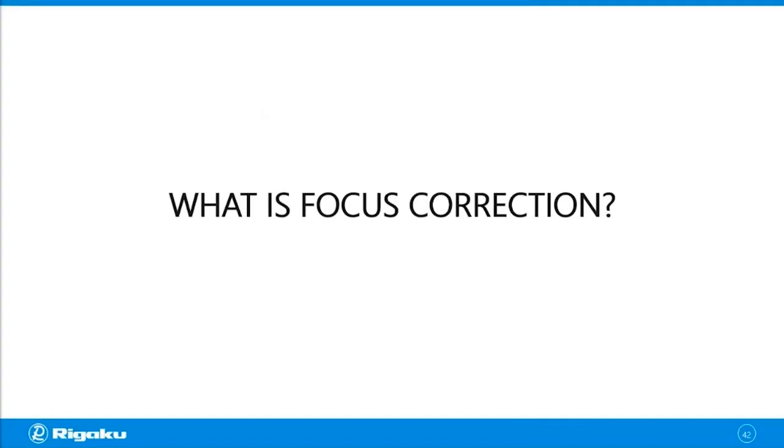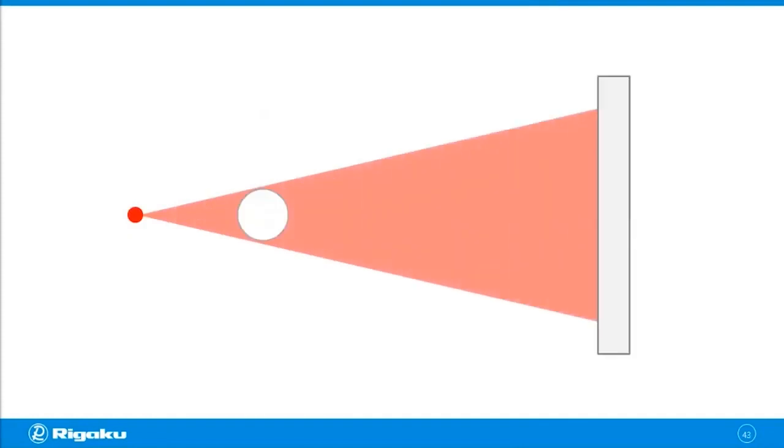What is focus correction? Let's think about the cone beam geometry. So you have the X-ray focus and the sample, a sample stage, and the detector. And to bring the reconstructed image into focus, you have to make sure that the X-ray focus and the center